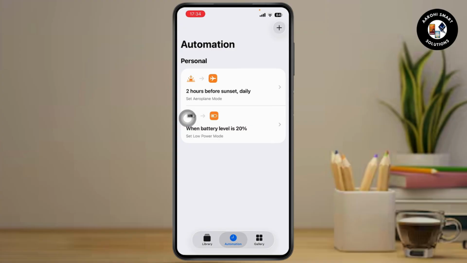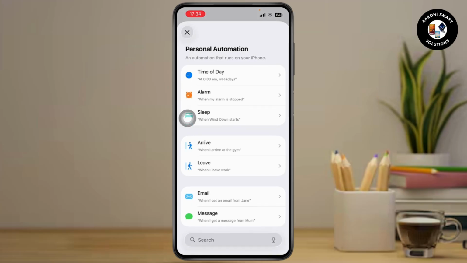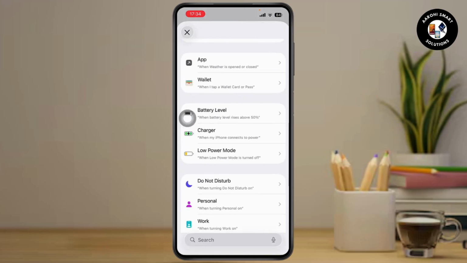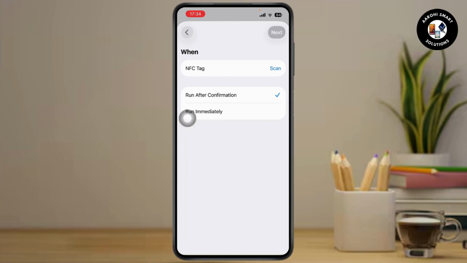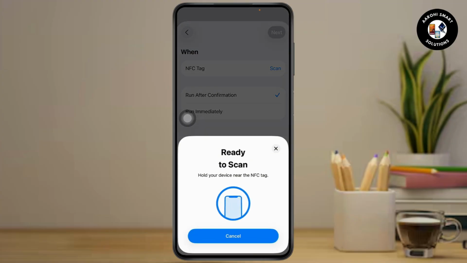So click on Automation and then go with New Automation, or go with the plus, which will be in the top. And now scroll down and you will find an NFC option. Once you find it, you need to tap on NFC. Now here you need to just simply go with Scan, which will be on the right side. And after that, you'll be able to scan the NFC tag that you would like to do with the help